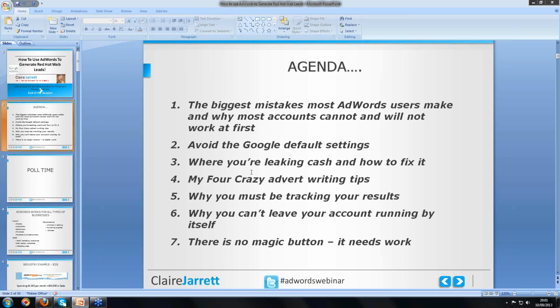Okay, and here's what we're going to be covering. If you're on this webinar, I know that you're most likely concerned with setting up an AdWords account and giving Google your money with no or very little return. You might have already done it in the past, you might be currently doing it, you might just be worried about doing it. So in the next 60 minutes, I will reveal exactly how you should set your AdWords account up so it delivers leads quickly for you without wasting cash